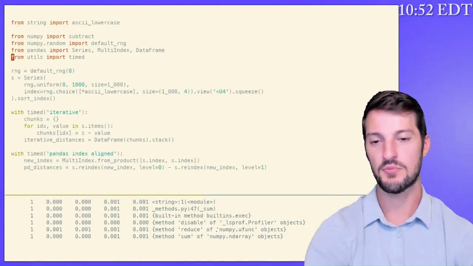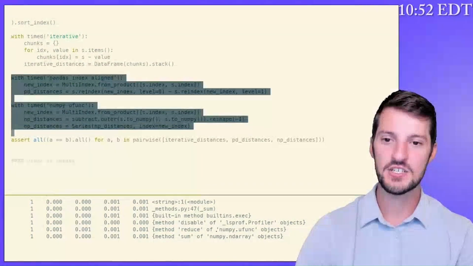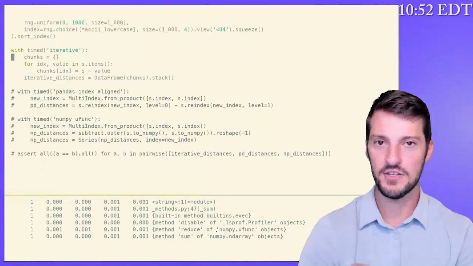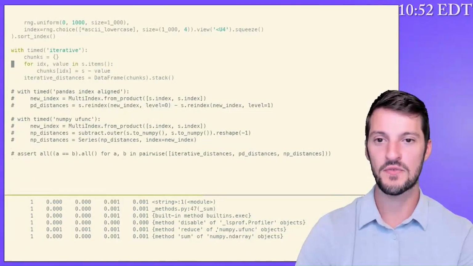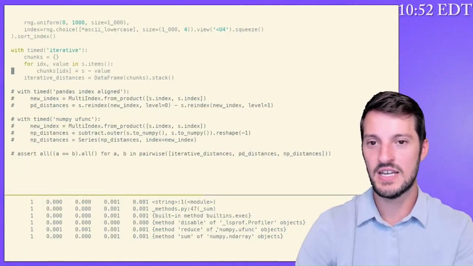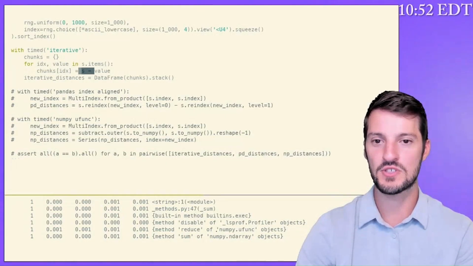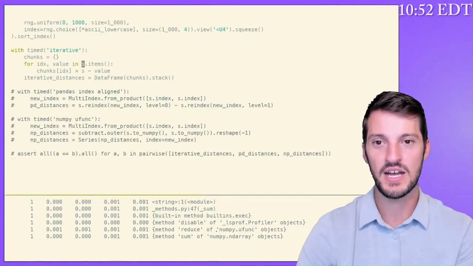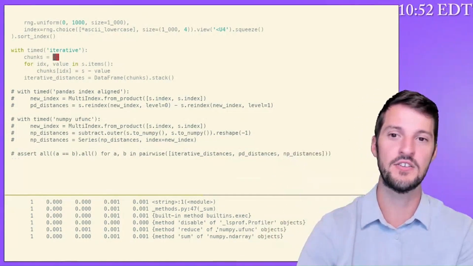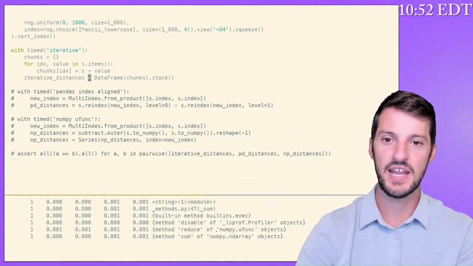And if we're ever computing pairwise distances, the first thing that you might think of is, well, if I need to just take every value and compare it to every other value, I might just iterate over the values if I have a series of values, and then I'll just subtract each value from the original series, and then I'll store that. I'm kind of doing a split, apply, combine here, where I'm splitting, but just every single value. I'm applying this subtraction operation, and then I'm putting them in a dictionary